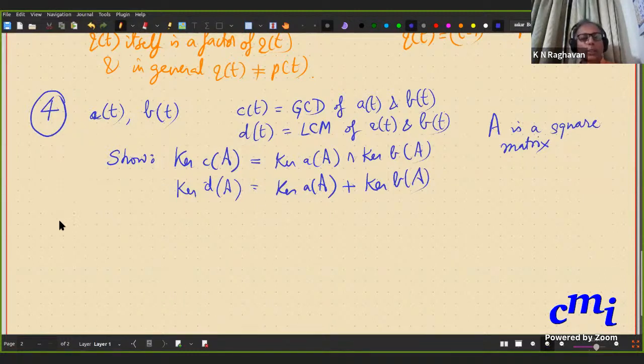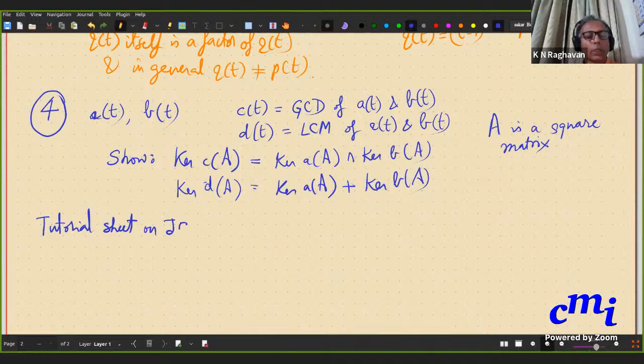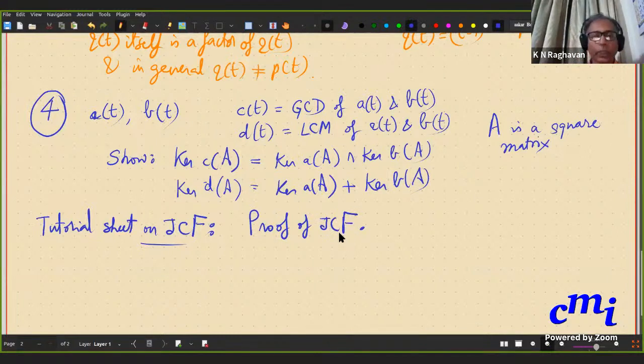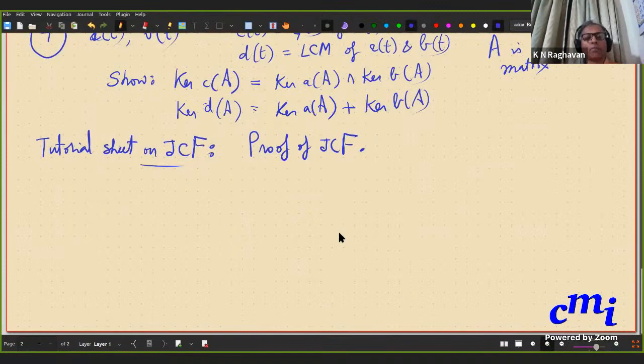Okay, so let me go on. Since there is no response, I assume that you will try this by tomorrow, and I assume that maybe nobody has tried it. And so let me go on to asking you another question. So from the next tutorial sheet, which was distributed earlier today, let's look at the tutorial sheet. What it does is actually it gives you the proof of JCF. So what I wanted to do in today's lecture is actually outlined in the tutorial sheet. Okay, so I feel relieved of the burden of having to prove it, because the proof is a bit complicated,